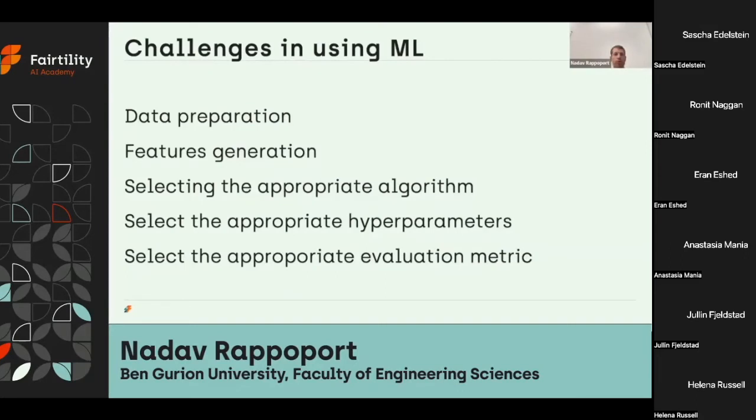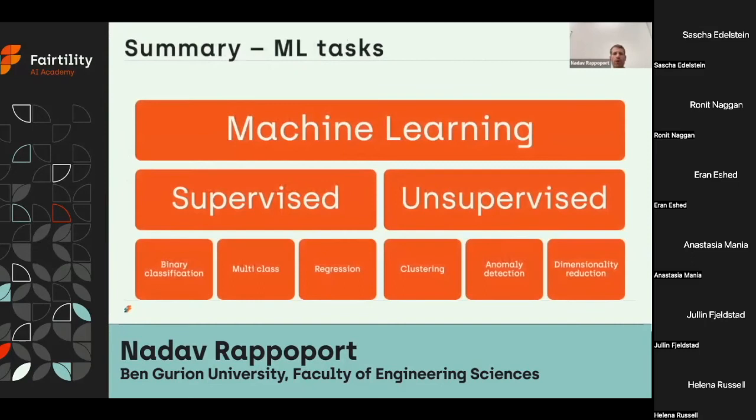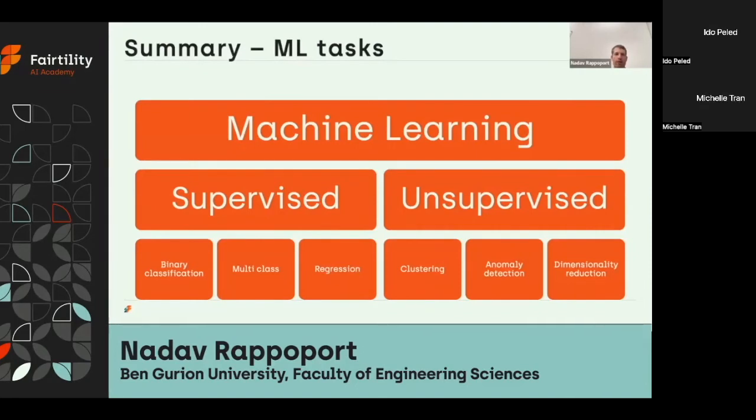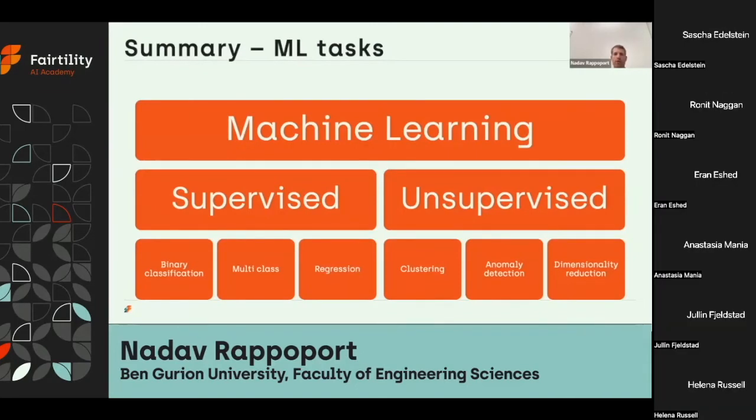For example, we talked about the K-means algorithm and the K-nearest neighbor. In these 2 algorithms, one needs to decide what K to use and how to define the distances between 2 samples. And of course, selecting the evaluation metric can have a direct impact on the learning as it affects the optimization function. To sum up, we saw 3 types of machine learning tasks: supervised, unsupervised, and I mentioned there is